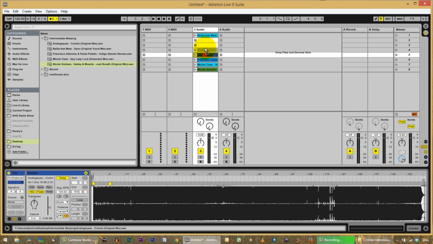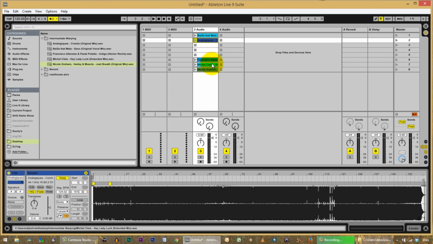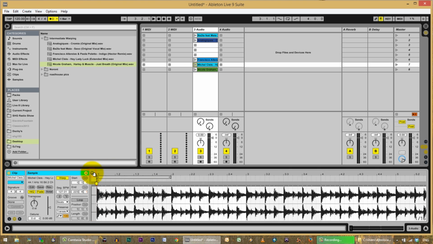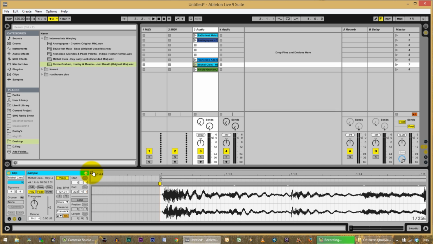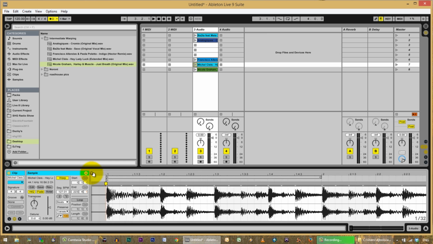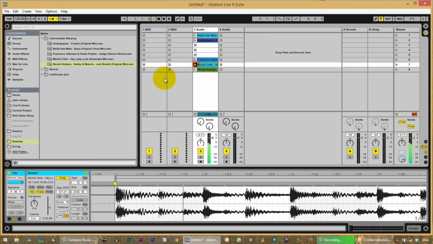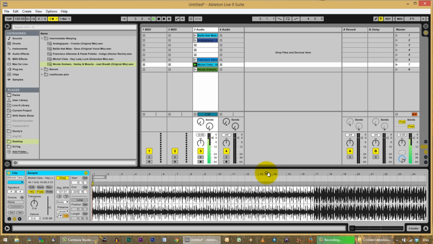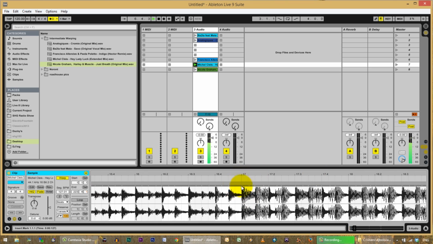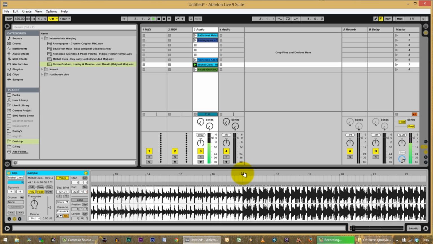Okay, let's say that's it for analogics. Now let's look at this Michael Cleese song, Hey Lady Luck. Okay, so what's going on here? That one looks pretty straightforward. Let's try playing it. Okay, and it looks like once we get to bar 17, that's when the music's going to get stronger. So this should be pretty straightforward.